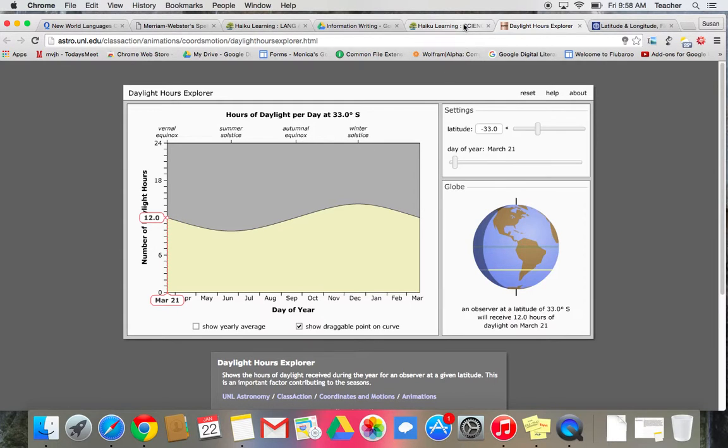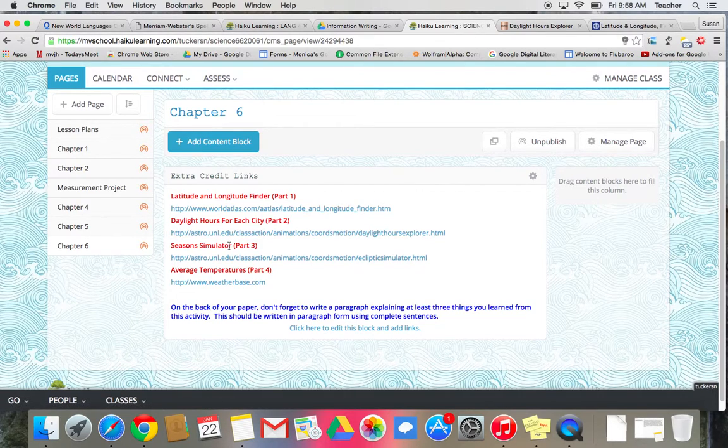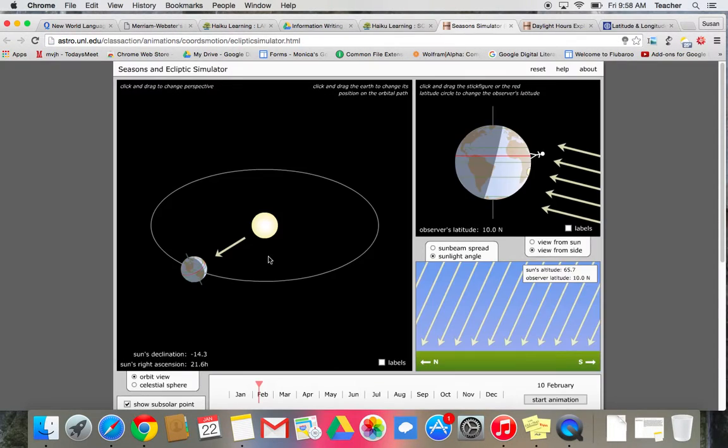Okay, going back to Haiku. The season simulator. This one's pretty cool. Once again, you need a desktop computer for this one. For this one, the first thing to do is to go up into the upper right-hand box,